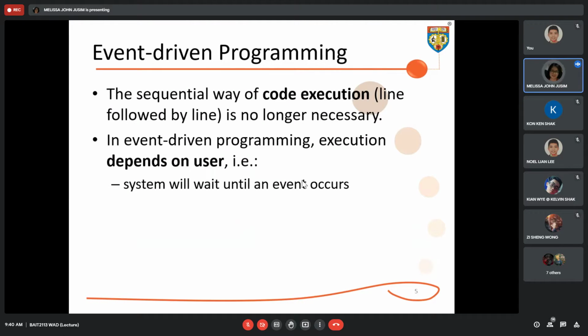Next one. What's the difference between procedural programming and event-driven programming? For procedural programming, the code execution is line by line. But for event-driven, it can jump from one event to another event. You can see in the second bullet here, execution of our code depends on the user, because our system will wait until an event occurs.